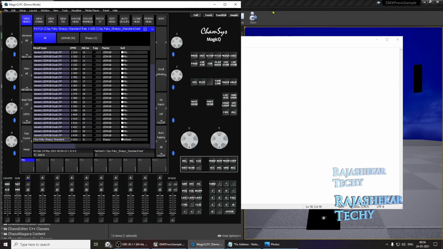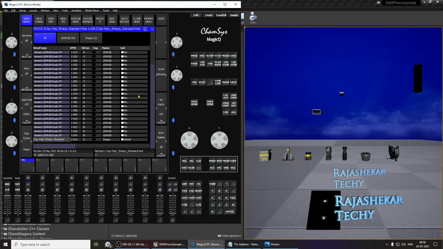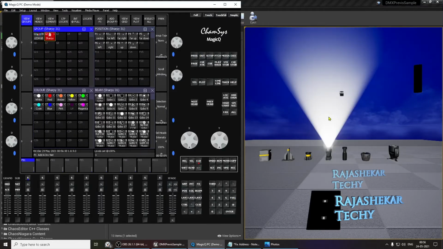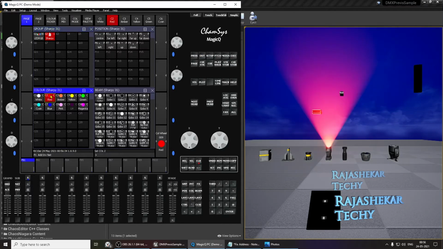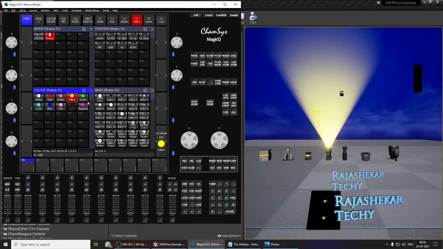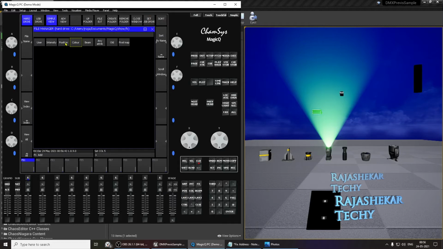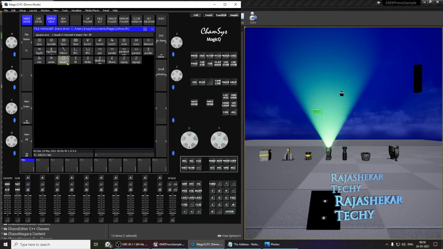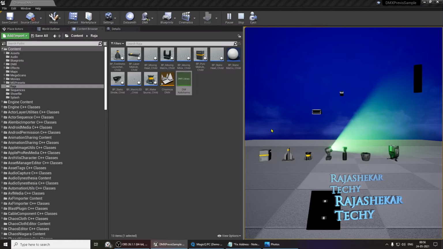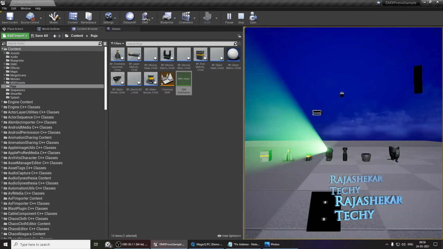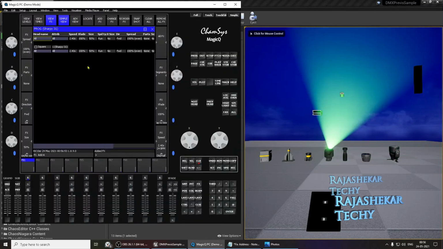Let's quickly check the Sharpie as well. So select the Sharpie, full. There you go. It's lit up and linked. And let's try to change some color. Works perfectly. Let's try to add some effects by clicking on layout, add effects. We'll choose position and give a square, and click on Unreal to see the effect. Okay, it applies perfectly.